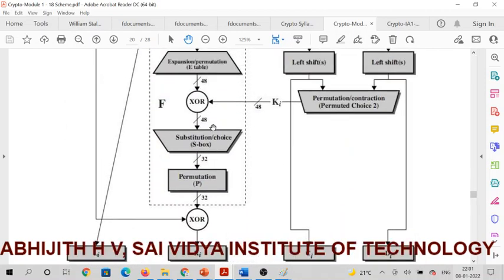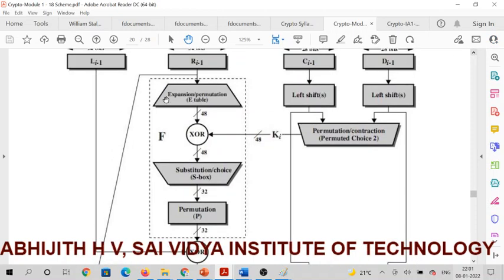There will be a 48-bit input fed to 8 S boxes. Each S box takes 6-bit input and gives 4-bit output. 4 times 8 is 32. Initially 32-bit data was there, that was converted into 48, and now we are converting 48 back into 32.